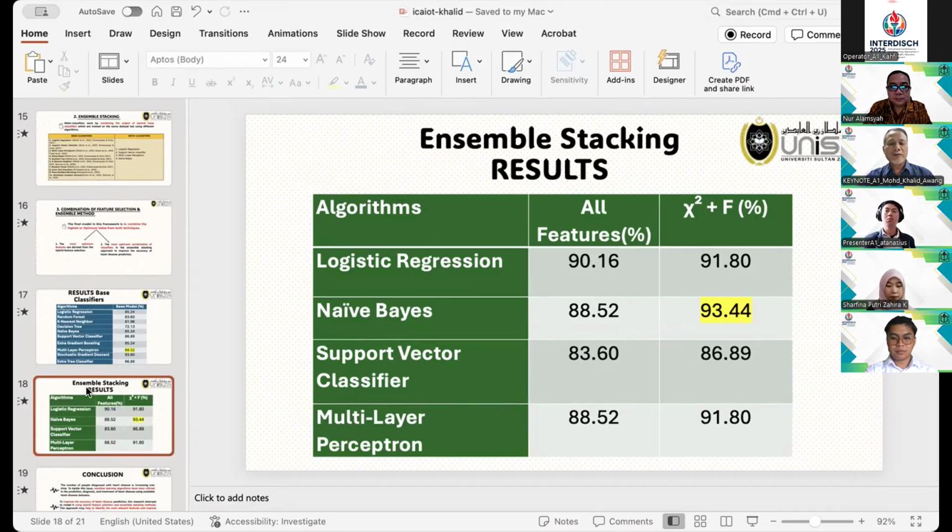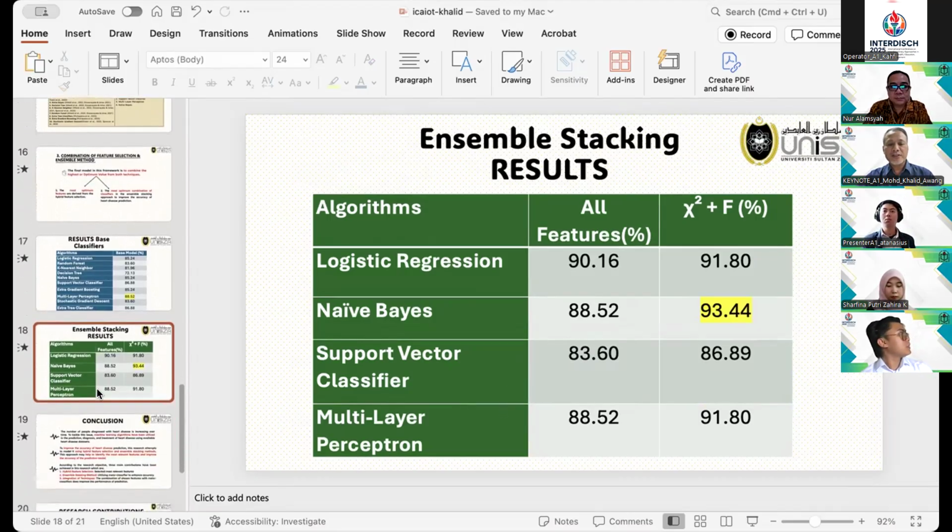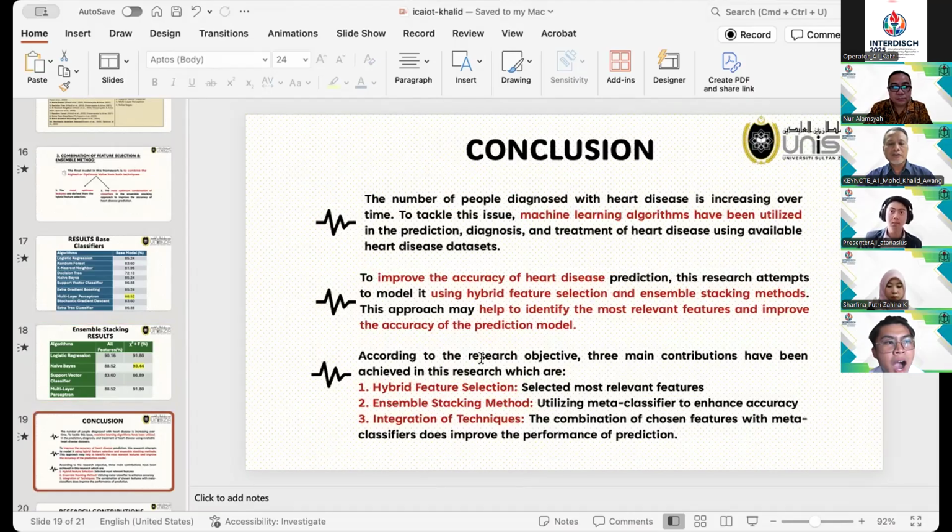Okay, so our experiment shows what we aimed for in the beginning, whether the performance of a classifier could be improved if we select only relevant classifiers and if we employ the ensemble stacking. So this result shows that the ensemble will definitely improve the overall performance. Okay, so in the conclusion, we could say that